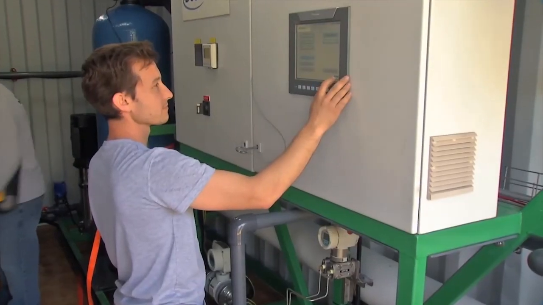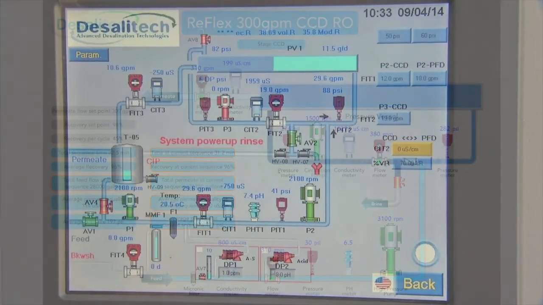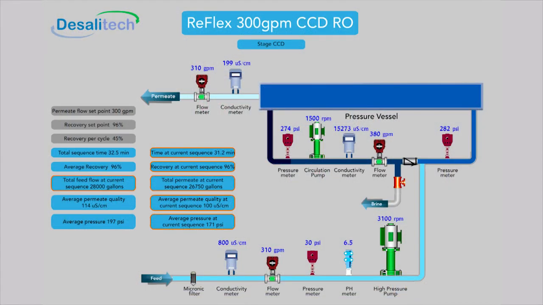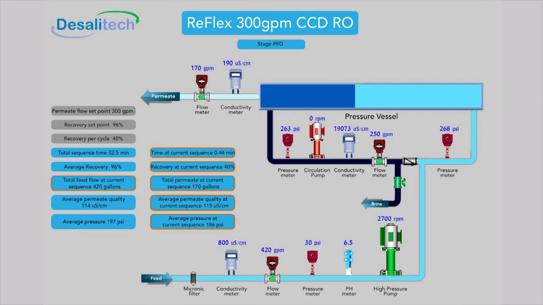Recovery is flexible and is set at the system control panel. The multiple stages and long membrane arrays used in conventional RO systems to achieve high recovery are not necessary. High recovery in a single stage is a novel capability of CCD systems that lowers system cost and makes design and operation simple. This enables CCD systems to achieve over 98% recovery,